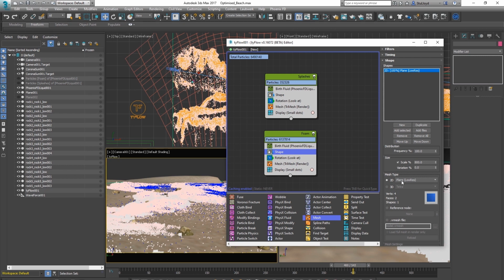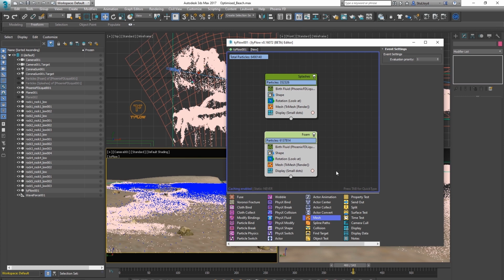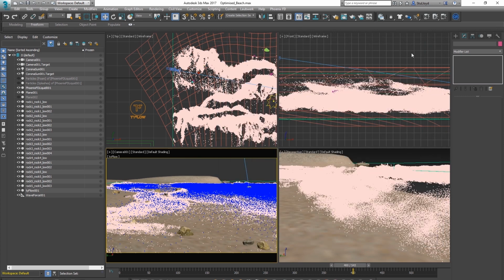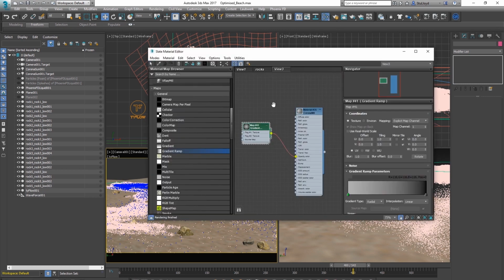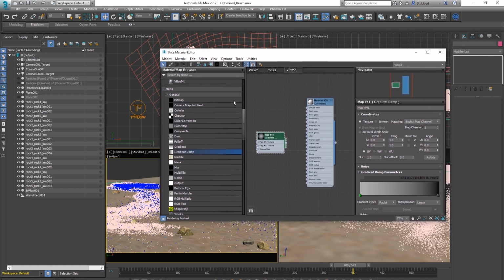So if we just change from plane to tris for both events, we know that the exact amount of particles here is the exact amount of triangles we're going to have in our TyFlow system. So that's going to help your memory and help render speeds a little bit. Anyway, once we've done that, the second thing I did was start testing this material, and I realized if we just take off this gradient map, so we just keep it at full, and I give this a render now,